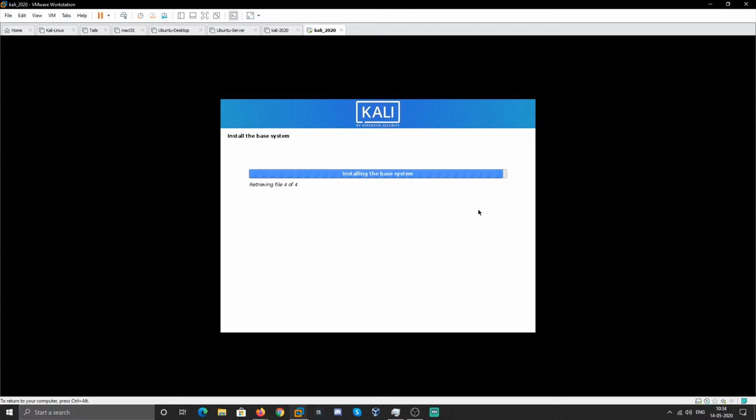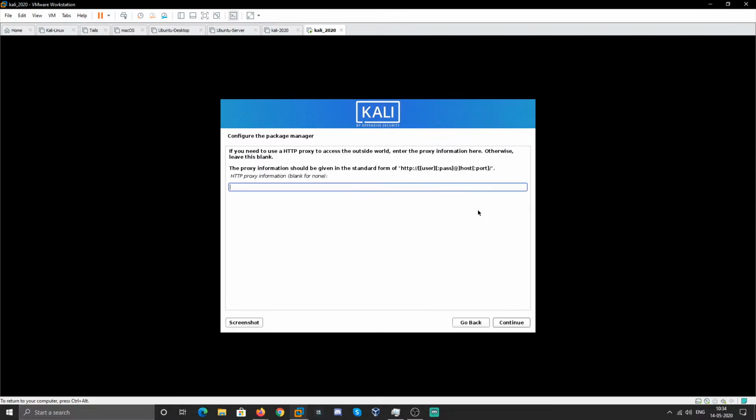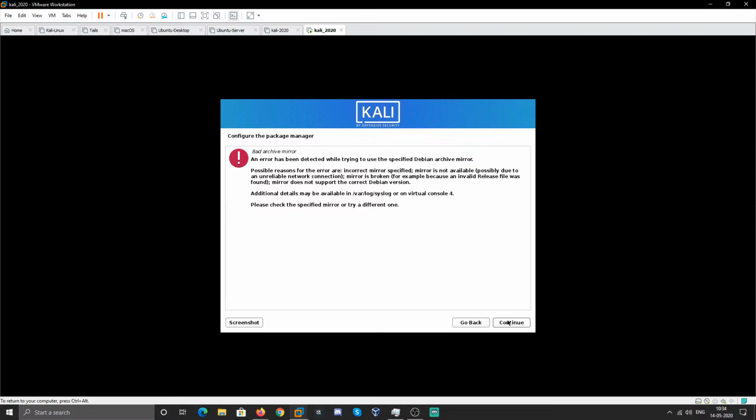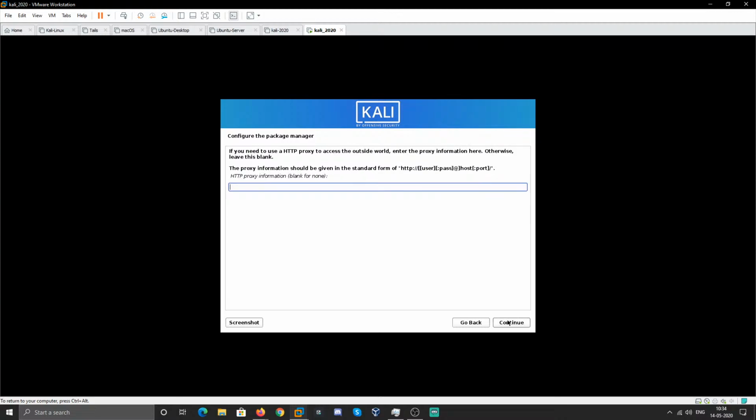And it is finished installing the base system. Configuring the APT, here the error will come. Now the HTTP proxy: if you have any sort of proxy in your network environment, then you can enter it here. If you are in a business environment, the system admin will tell you what HTTP proxy you have to enter and whether it should be entered on this PC. So keeping that in mind, if you have one, then write it here, and if you don't want to, don't write it, just continue. And here is the error, bad archive mirror. Then continue with that. You also continue,